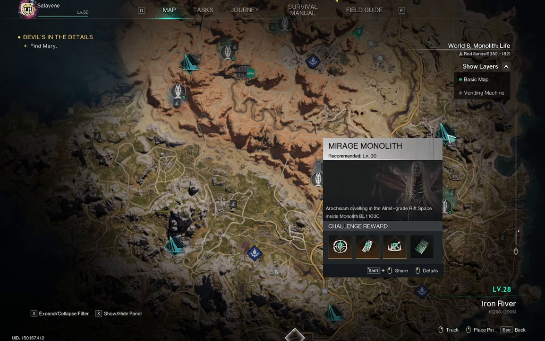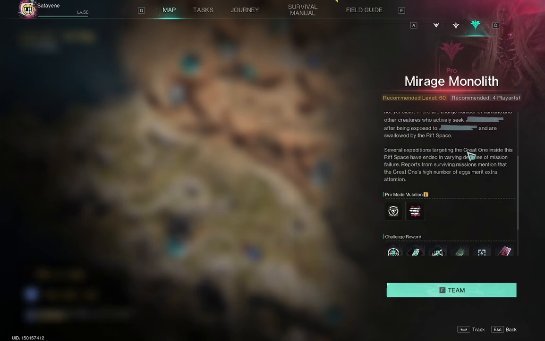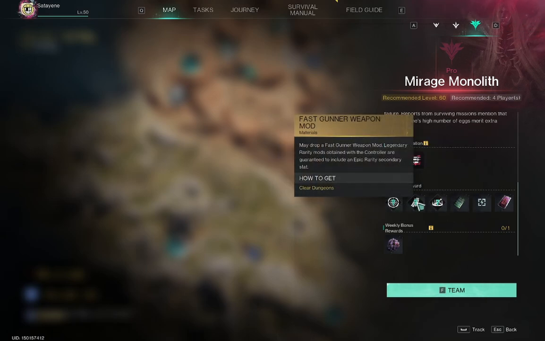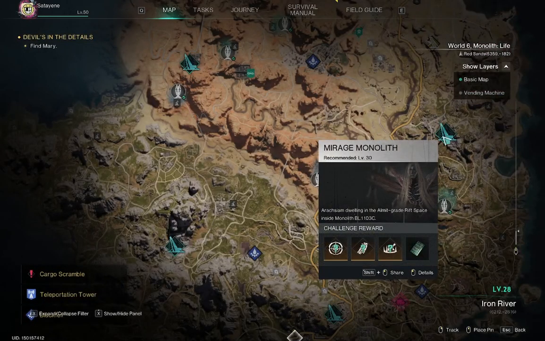Normally this is only important when you get to hard and pro mode. But we can take a look in here, and this is actually new also. You can shift over to the pro mode of the monolith and scroll down, and you'll see the possible rewards before even going over there. So you can get the bullseye weapon mod, the fast gunner weapon mod, and the fortress warfare weapon mod from the pro version of the Mirage monolith,